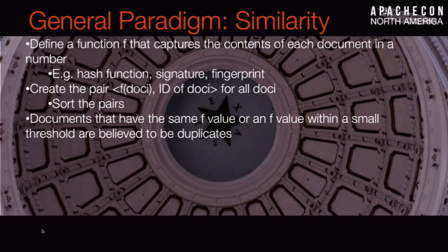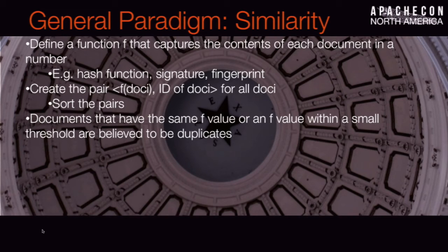We'll get back to that. We don't have to use text. My point to you is we can use metadata. And we can use the types of metadata that we get from Tika to come out with the features. The general paradigm, though, is that we're talking about similarity. And the paradigm is something like this. It's a function on a document that comes up with a score. Right? So that's the first thing in that tuple right there. We create a pair of scores mapped to document IDs.